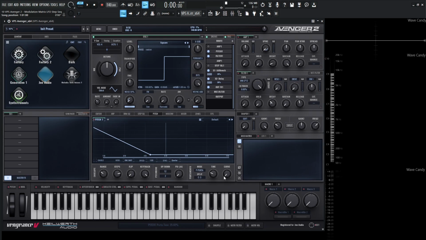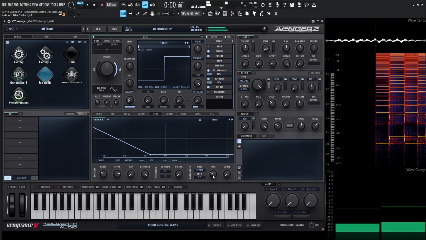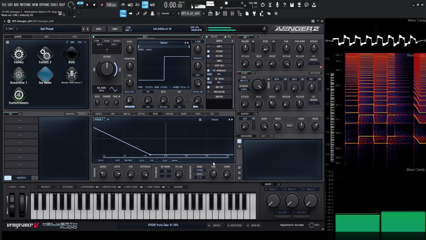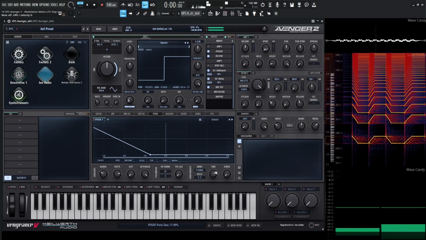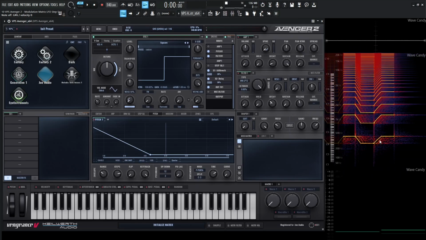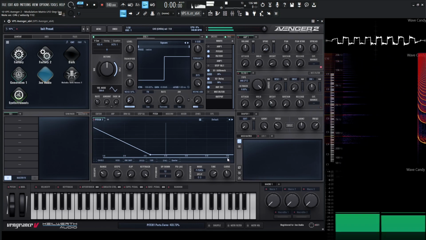Next up, we have the time and curve knobs. Now, time is going to determine how long these slides take. So, for example, by default, we have something at 25.02. And if we increase this, and right now curve is at the bottom, which is giving us a linear bend right here. However, if we turn this up and take a listen now,